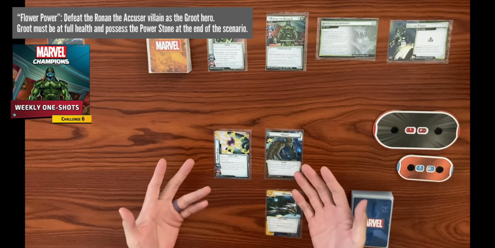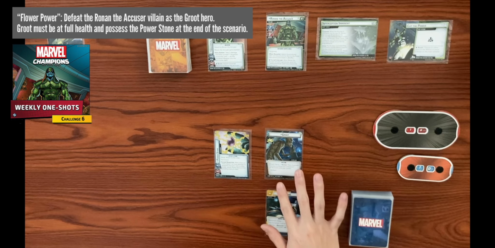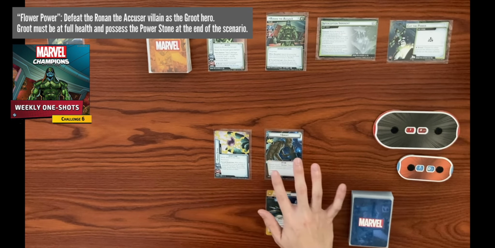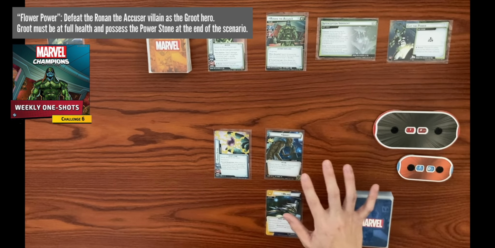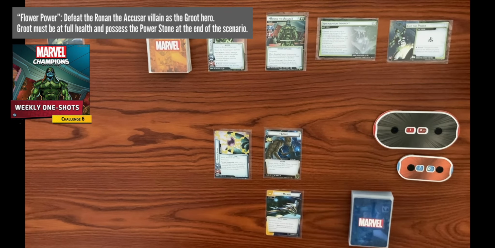And this week's challenge is called Flower Power. So we must defeat Ronan the Accuser with the Groot hero. And Groot must be at full health and possess the Power Stone at the end of the scenario. I've done this matchup one time before on the channel, and it was a really tough game. I'm not sure we can do that, but we're going to try our best here, and we'll see how it